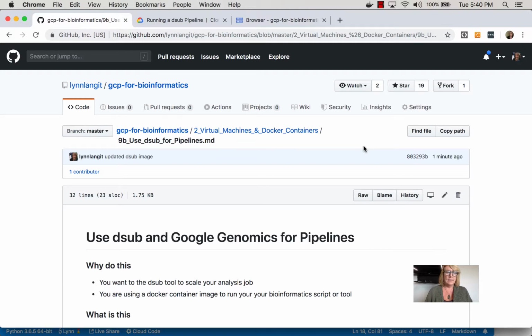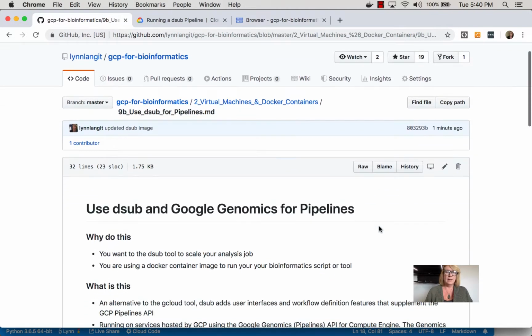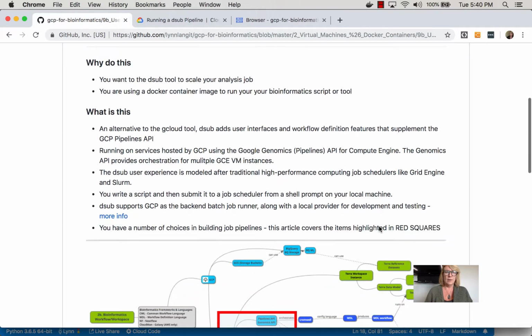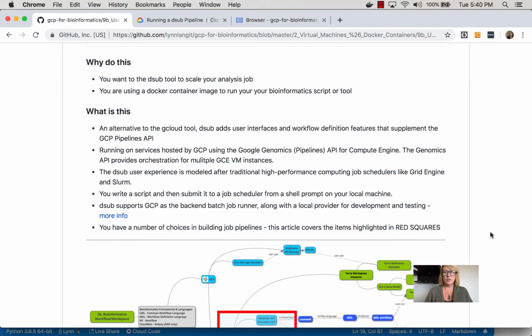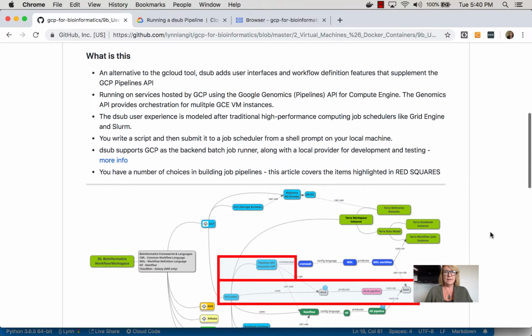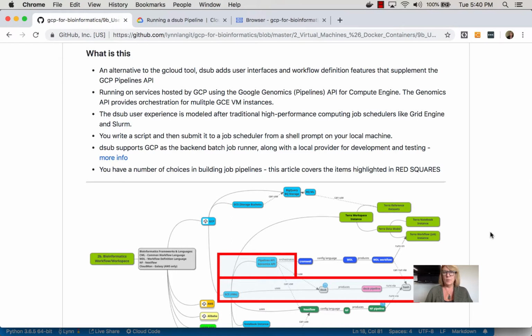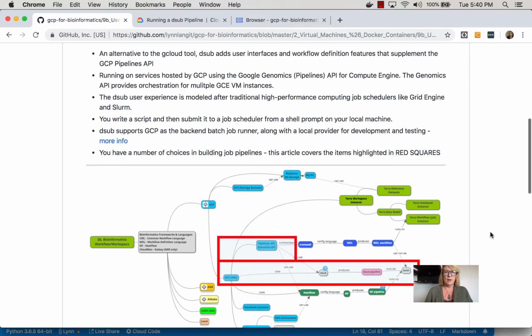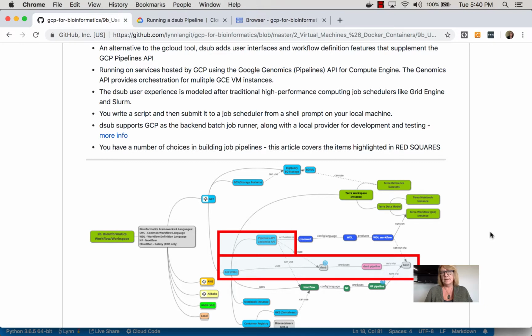Now we're going to take a look at the dsub tool. Dsub is a tool that you can use as an alternative to using gcloud. And as it says here, it adds user interfaces and workflow definition features that supplement the GCP pipelines or genomics API. So what it is designed to do, it's really this bullet point here, the user experience is modeled after